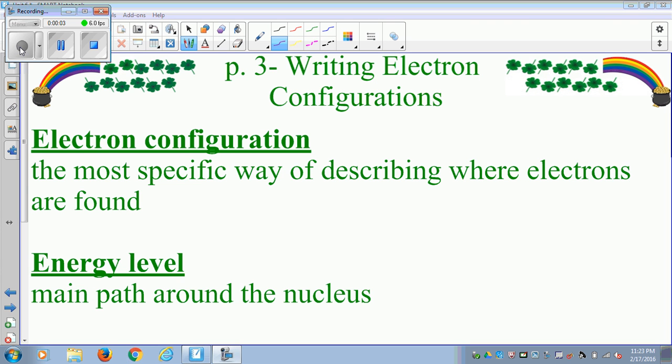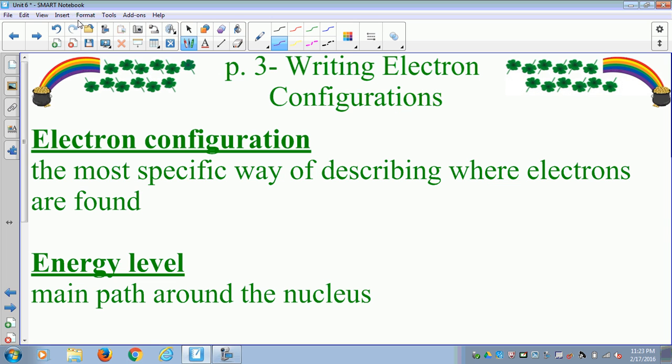Hi everyone. In this video we will learn about electronic configuration. Electronic configuration is known as the backbone of chemistry. If you understand how to arrange electrons around the nucleus, you understand a lot of chemistry concepts. So make sure you pay attention, take good notes. To start with, electron configuration means arrangement, so we will be talking about the arrangement of electrons